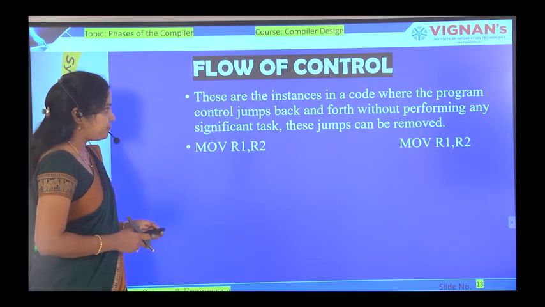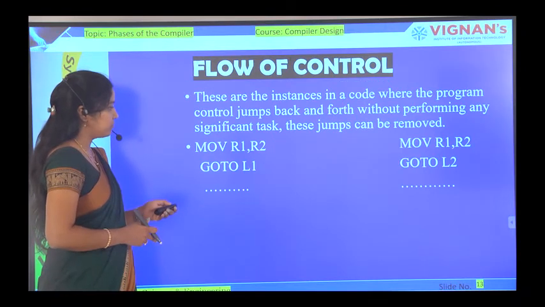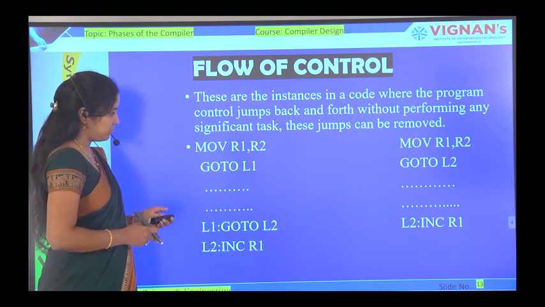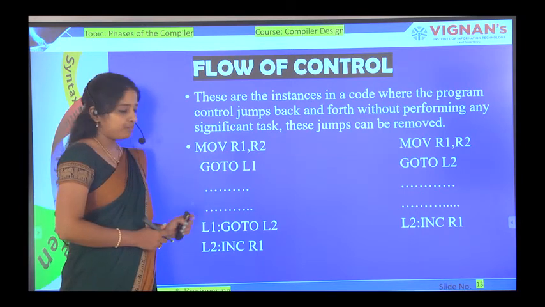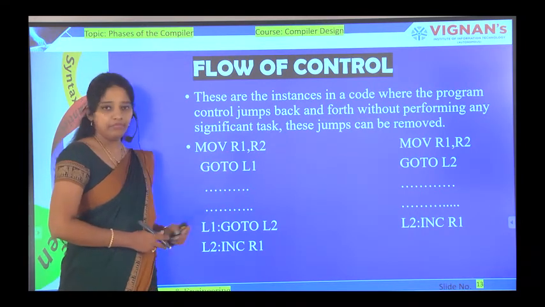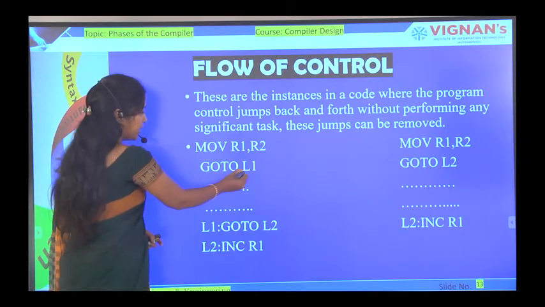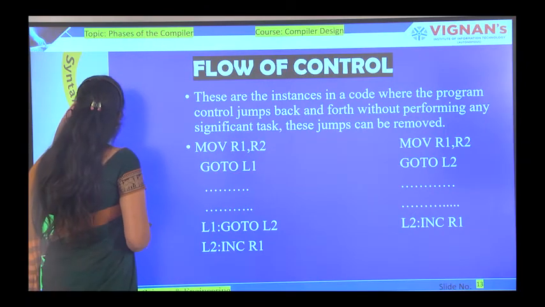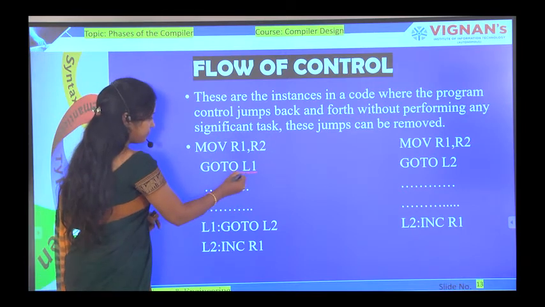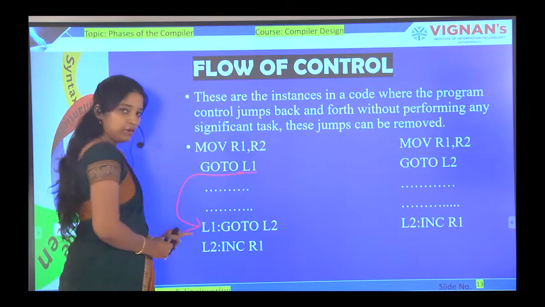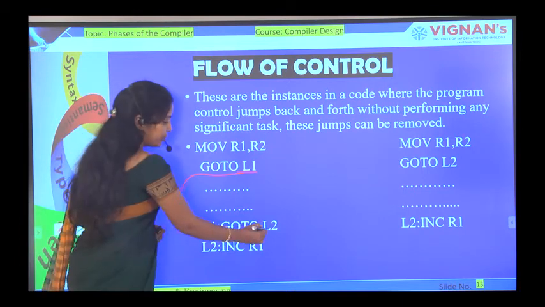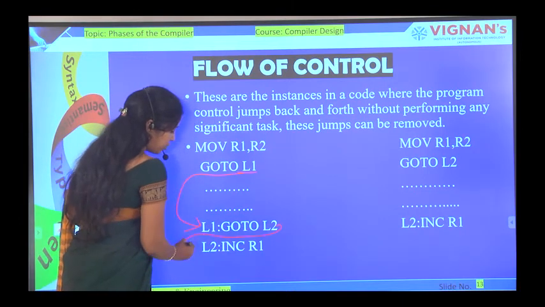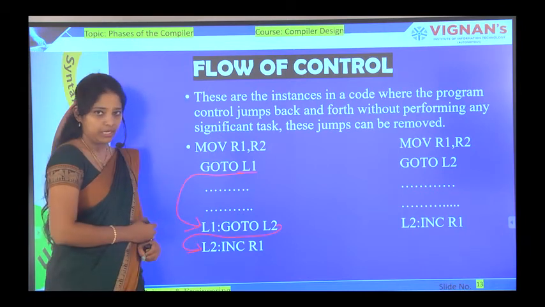For example, the code is move r1, r2, and then go to label L1, and immediately the controller comes to L1. In L1 we have written one more statement, go to L2. So from this the controller will jump to the L2 label.